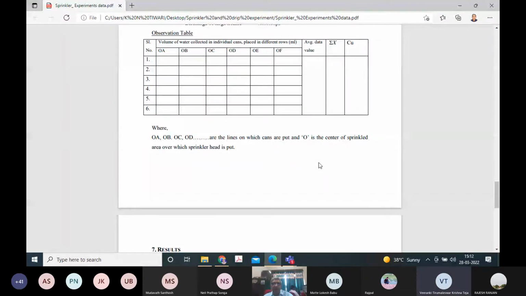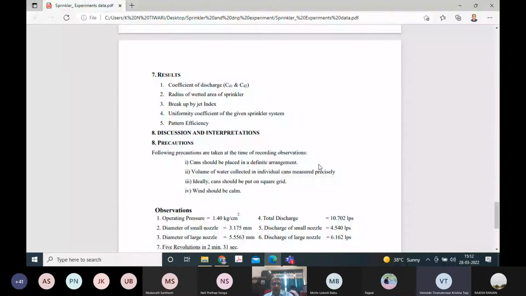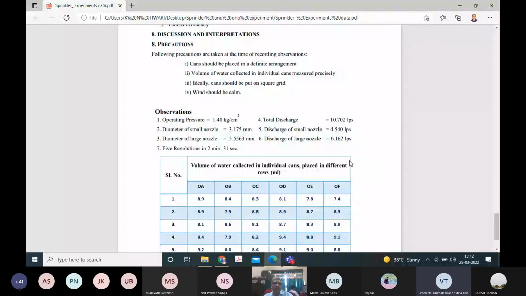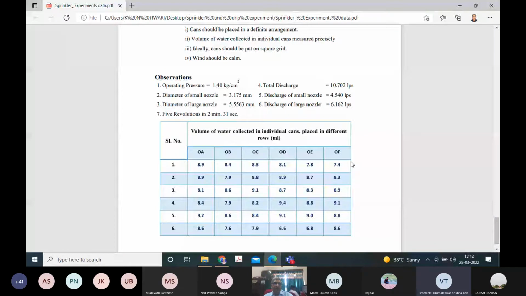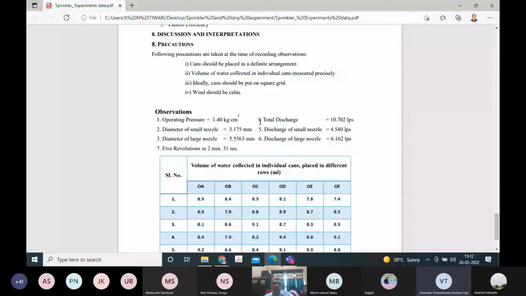Now I will supply you this data. The data available is: the operating pressure was 1.4 kg per square centimeter. The diameter of the small nozzle is 3.175 millimeter. The diameter of the large nozzle is 5.563. And another observation we found, the total discharge, means the discharge from the spreader nozzle